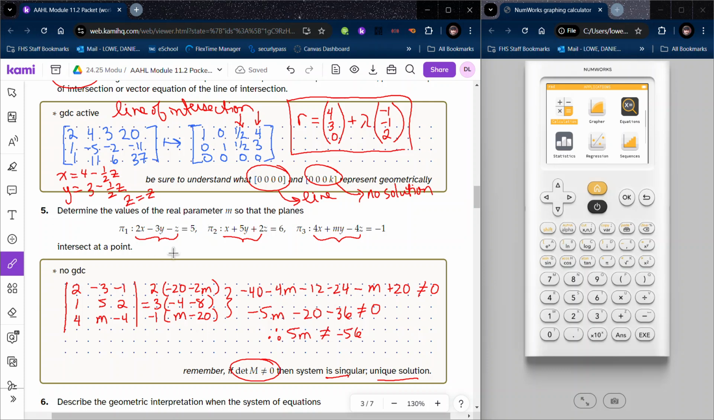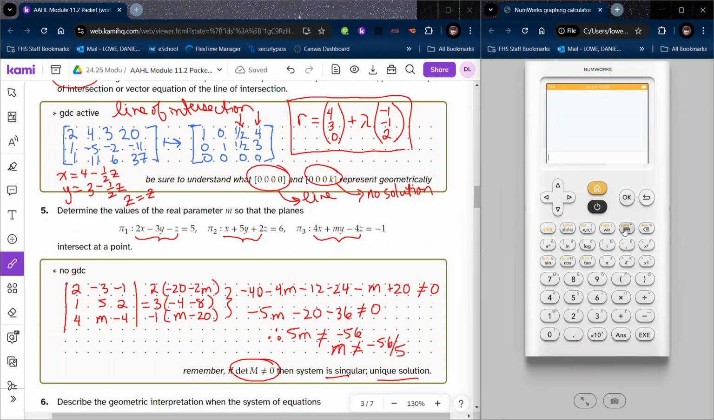So if I want to intersect in a point, let's come back, right? If I want to intersect in a point, I know that I want the determinant to not be equal to 0, so m cannot be -56/5. Okay? I know this was a non-calculator question, but we can look at using a calculator to help us